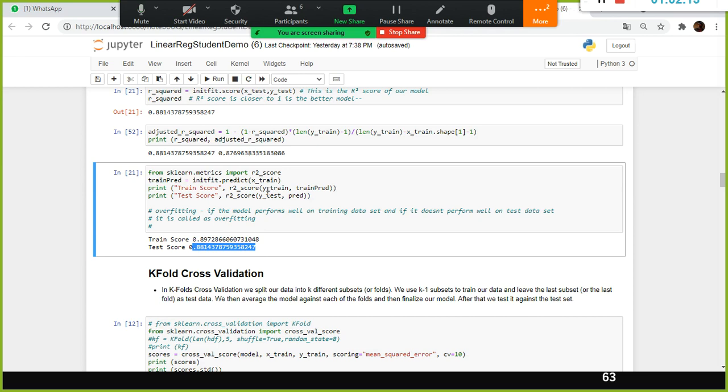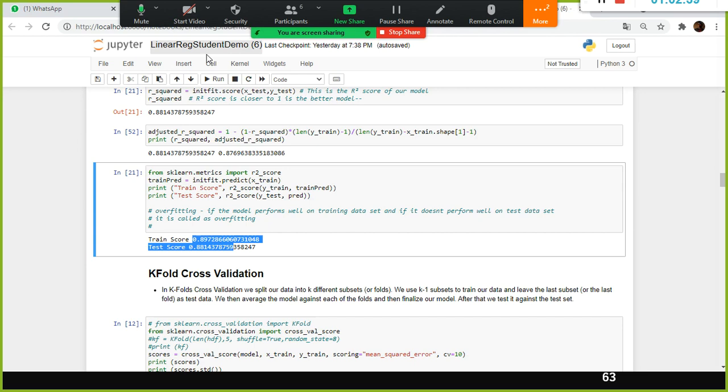Model performs well on training, right? Now you tell me, are these two values the same? It is not the same, but it is somewhat closer. You round it off: the first is somewhat 0.90, the second is going to be 0.89.